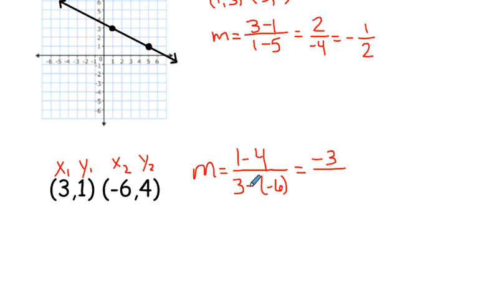Now I want to simplify. Up here, 1 minus 4 is a negative 3. And in my denominator, I have minus the negative, which is actually going to give me a positive. So the bottom number here in my denominator is 9. To simplify that, since only one of these values is negative, the entire fraction will be negative, and 3 over 9 will simplify to be 1/3. So if I were to plot these 2 points on a graph